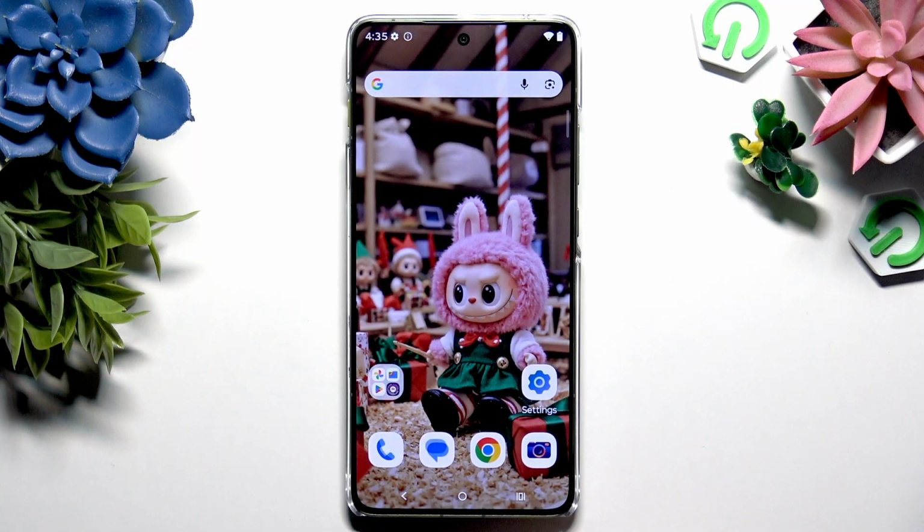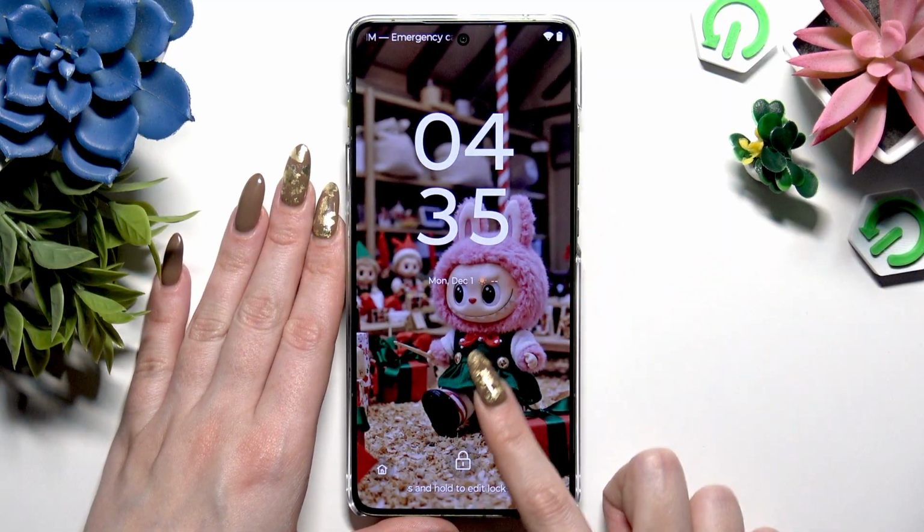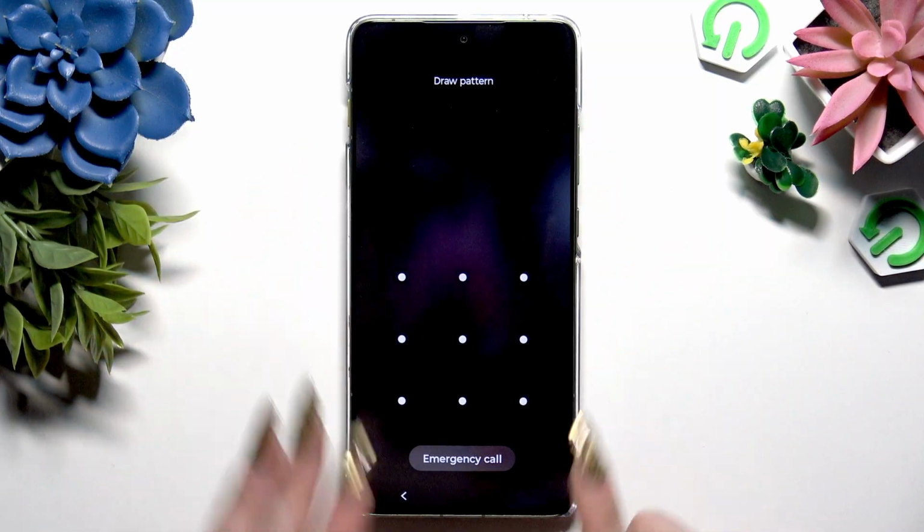So now when I go back, switch off my screen and turn it back on, I can see that pattern is